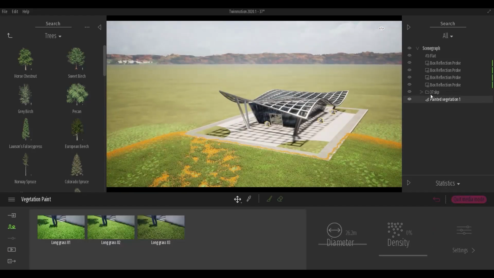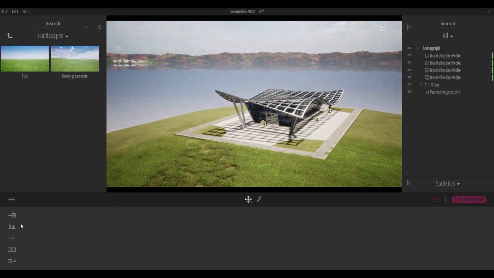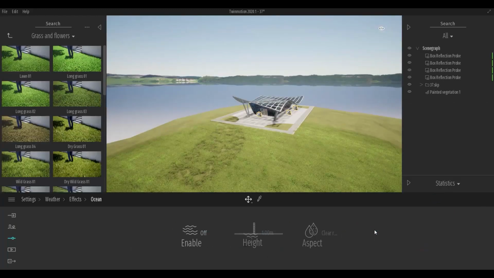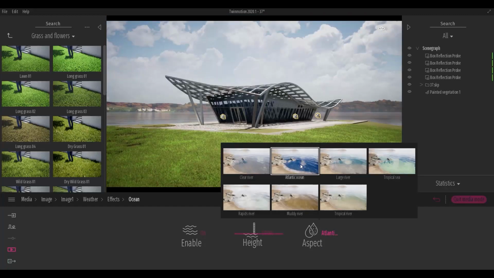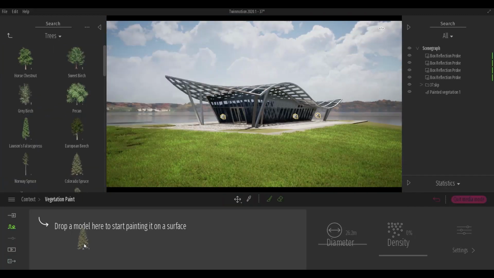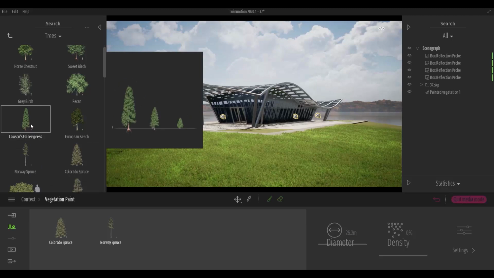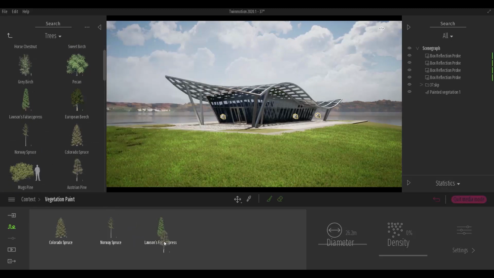To add the ocean, you must delete the ground, then activate the ocean settings. Here we can also change the style of the water. I used the brush tool again to add the forest.